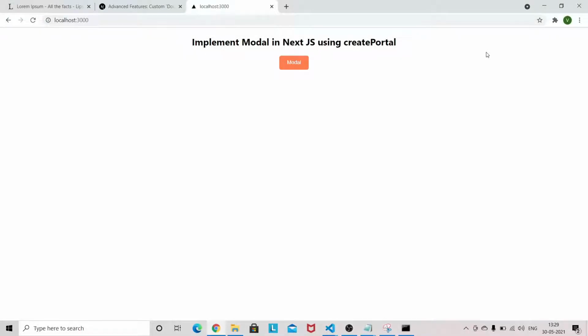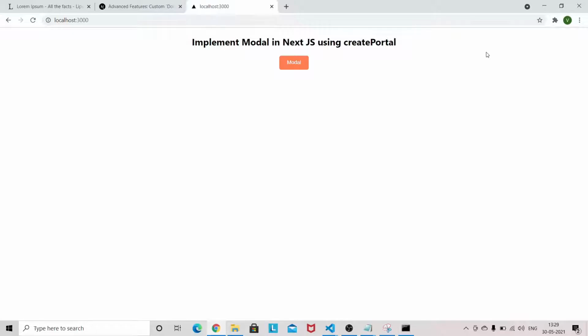In this video we are going to see how we can implement a modal in Next.js using createPortal. Modal implementation in Next.js is different from regular React.js, because in regular React.js we can implement a modal normally.